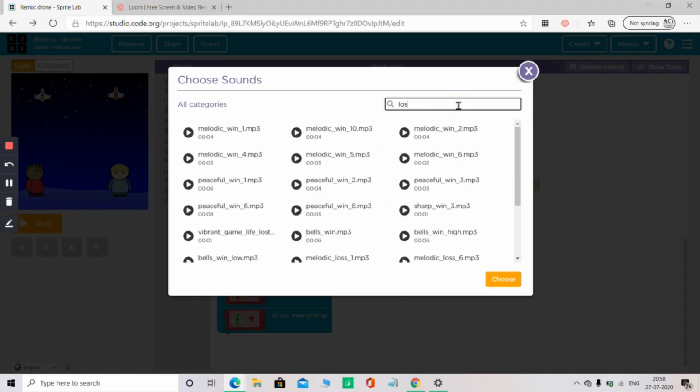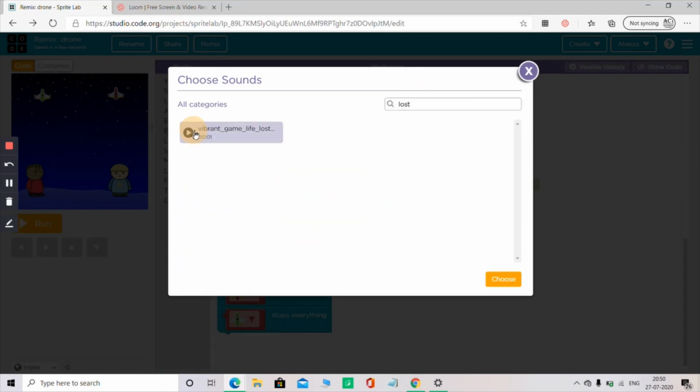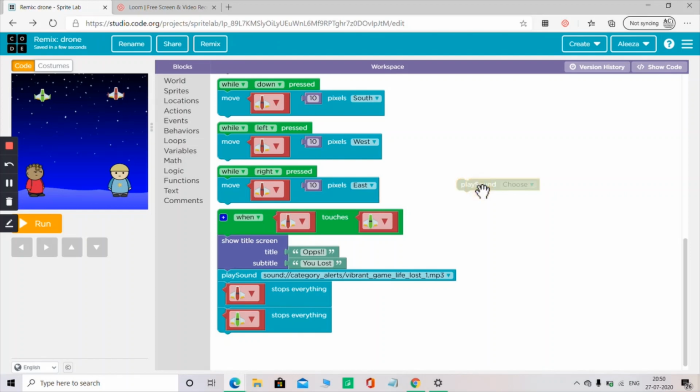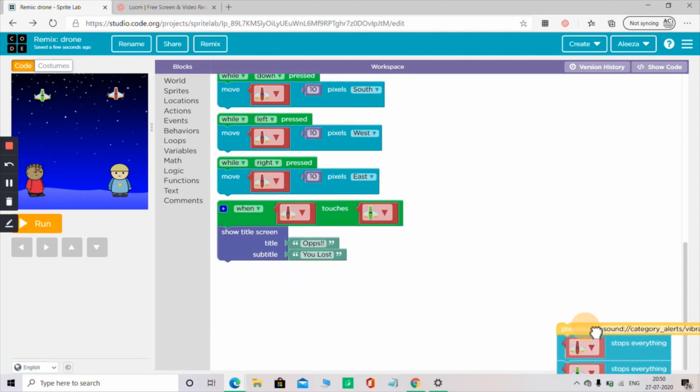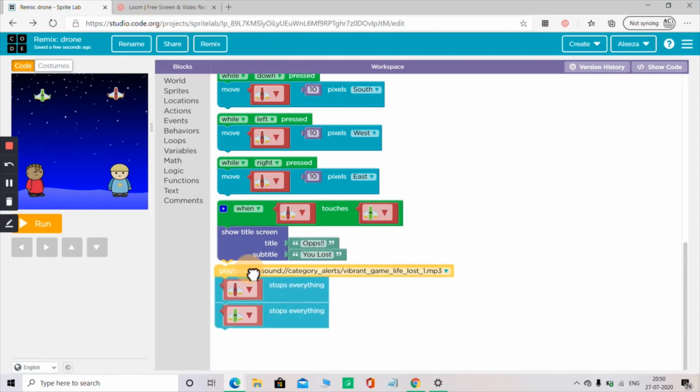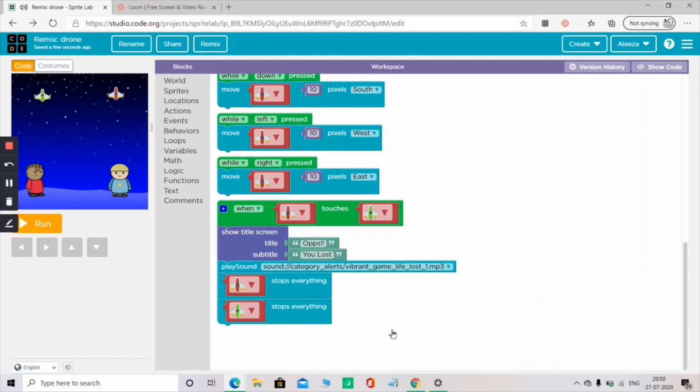I have typed lost, and I found this play sound, so I have chosen that. After choosing that, if you want, you can use these three play sounds. This one is stop everything, but actually we just have to do till here. For making it more fun, I have added these things.